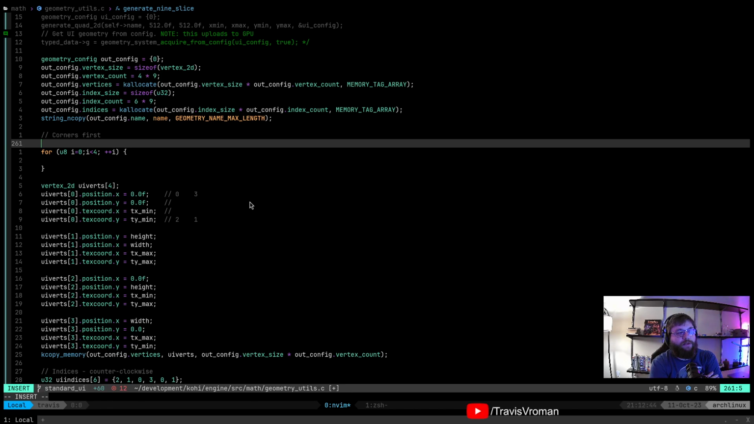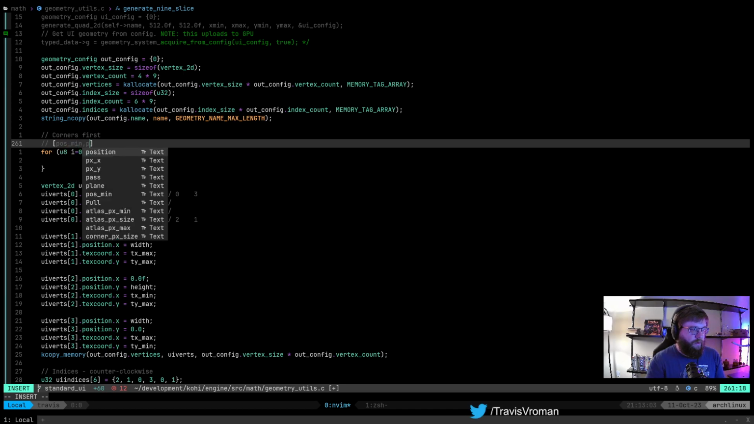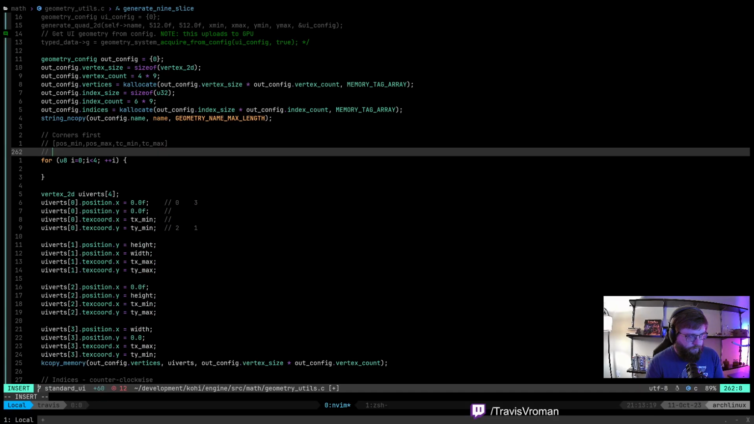I wonder if it would be better to just do it in the naive way to make the code a little bit clearer. I'm going to try it this way first with arrays. Okay, so the array is going to be position min, position max, texture coordinate min, texture coordinate max. So we'll have